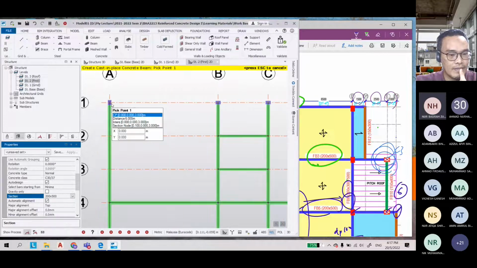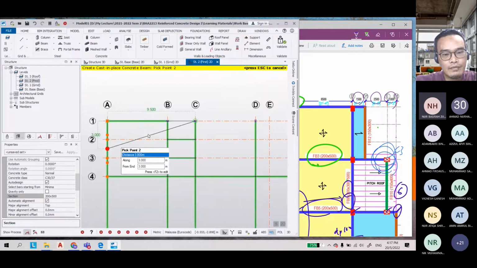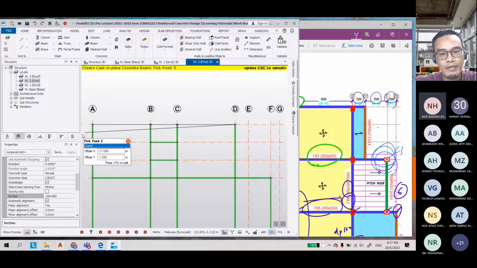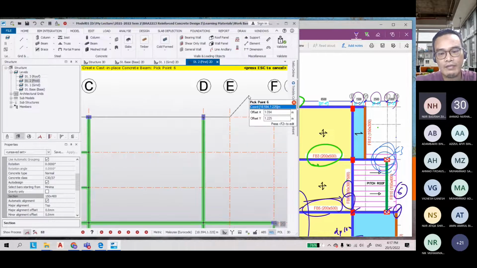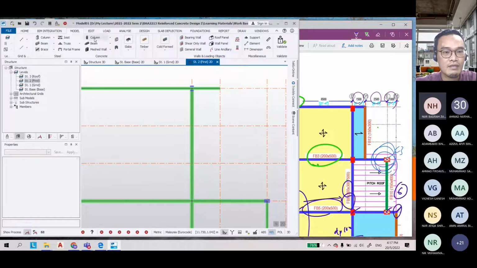Okay, 1. Okay, this one, 5. Okay, and then this another beam is,